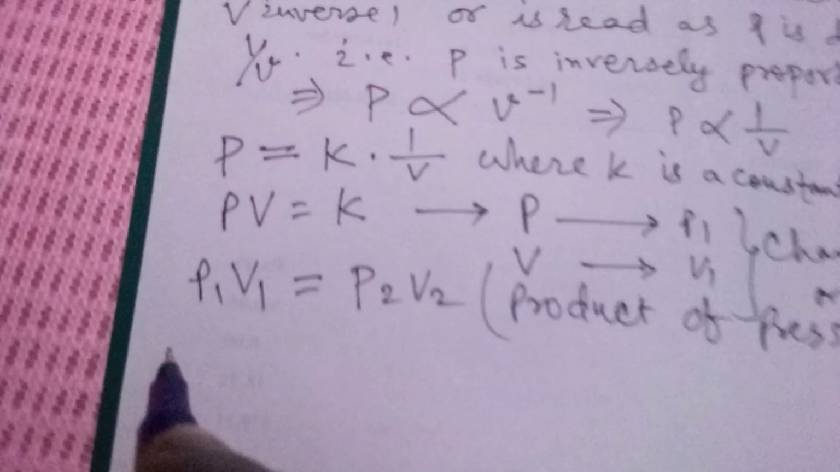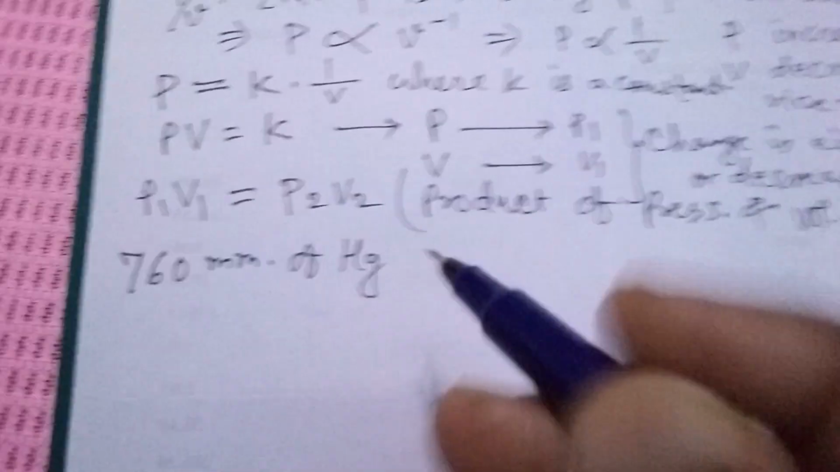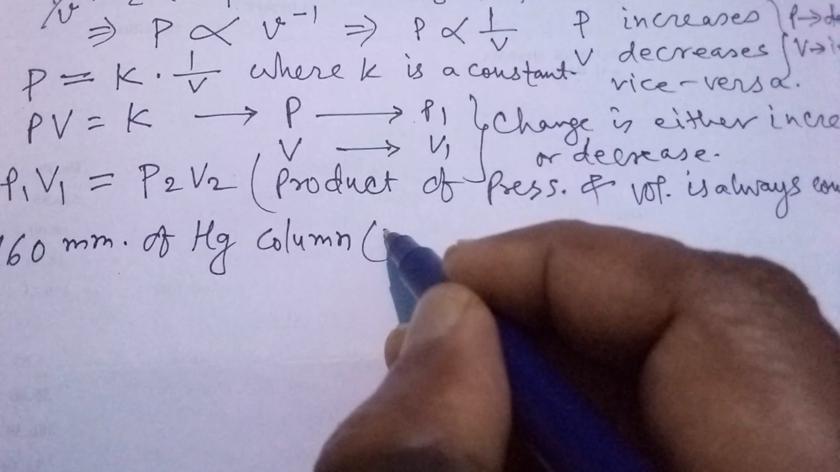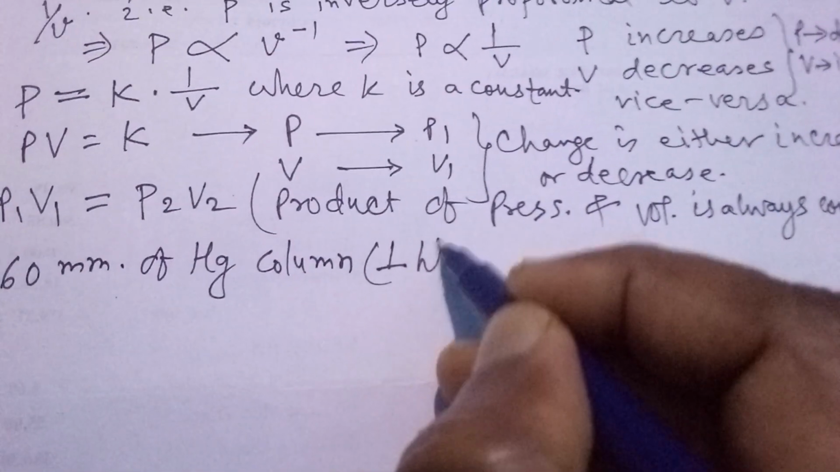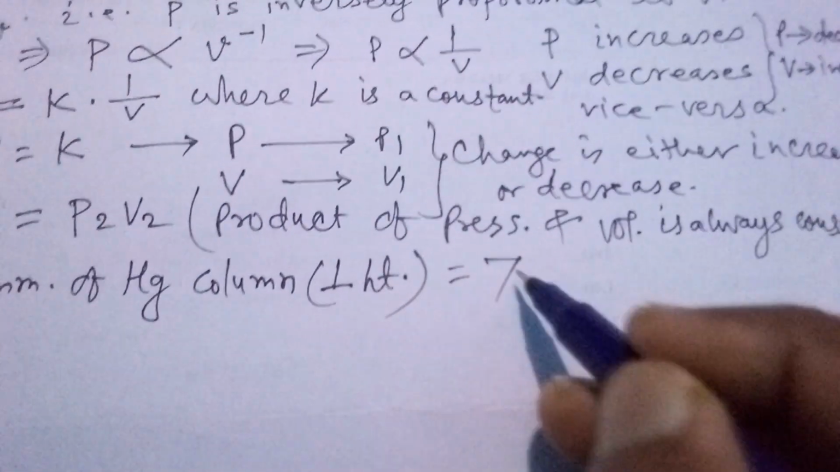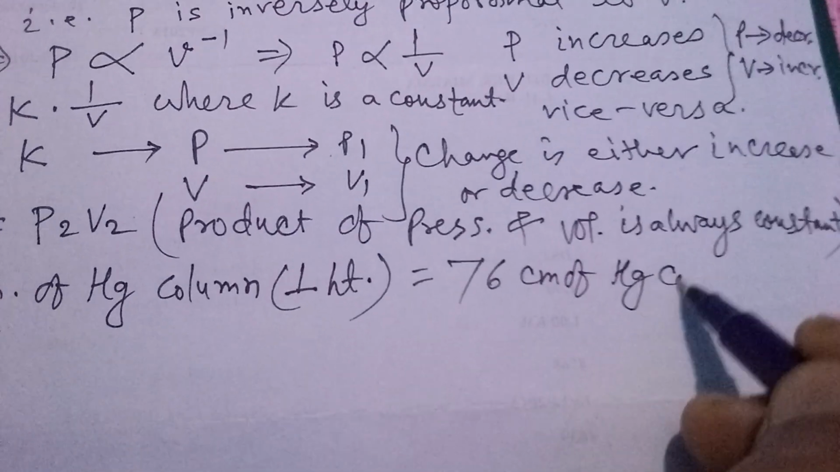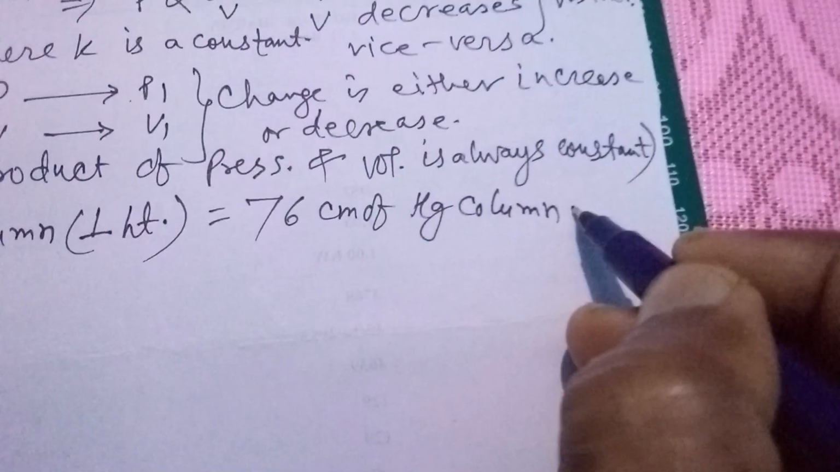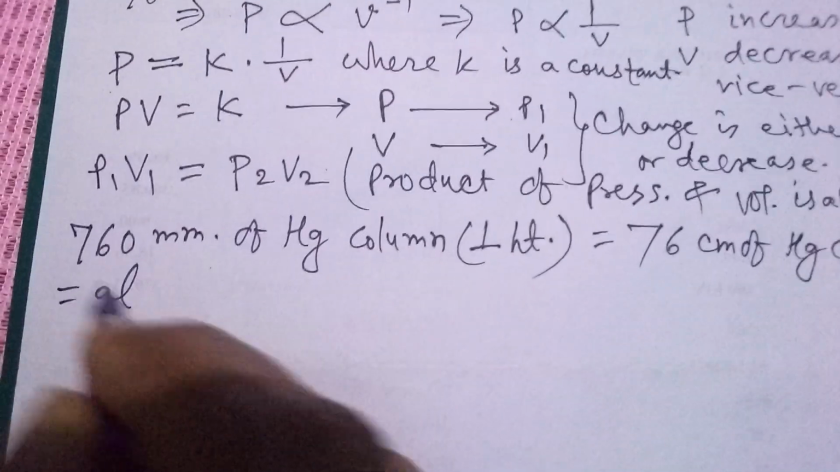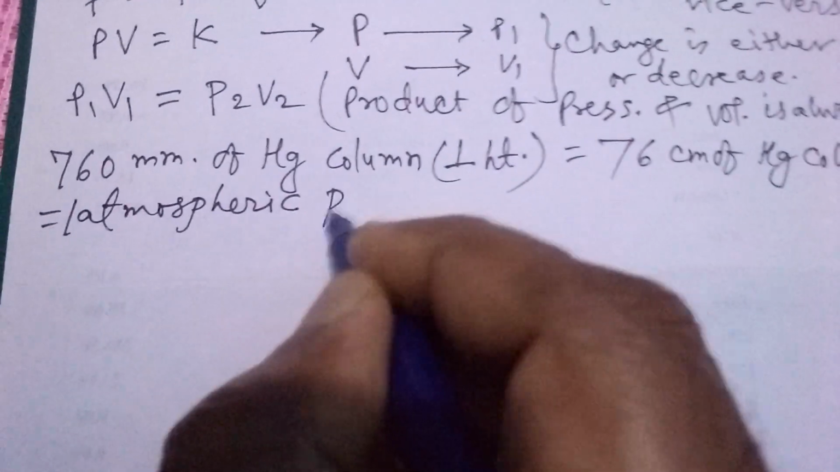Now, one thing you see, 760 millimeter of Hg column. Here column stands for perpendicular height, and this can also be written as 76 cm of Hg column, and that is equal to 1 atm. What is this atm? That is 1 atmospheric pressure,